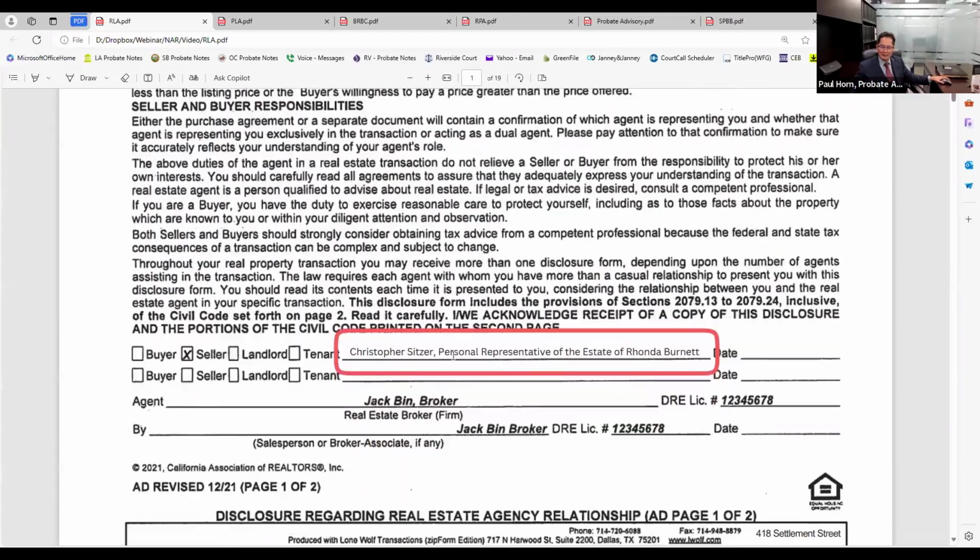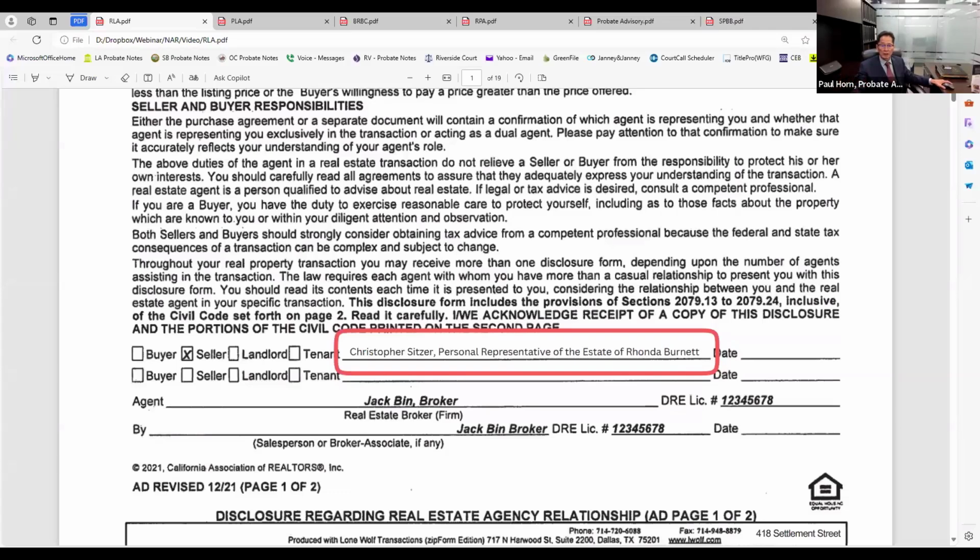You put in your client's name. If you're handling a probate estate, let's say mom died, and let's say her name is Rhonda Burnett. Mom died, and you're in a probate situation, and the son is your client. The son is the personal representative.